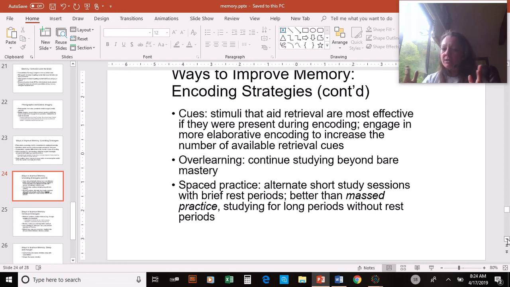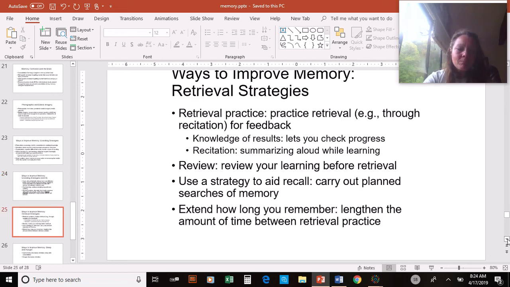Let yourself rest. Let your brain take its break, do its encoding and all of those processes, and then go back to it. That's much better than trying to sit down all at one time and tackle it. Breaking it up is always breaking it up into those useful, smaller chunks. It makes it much easier to remember. And then, of course, retrieval practice, those things we talk about, like those rehearsal type strategies. You can even do that with your long-term memory.